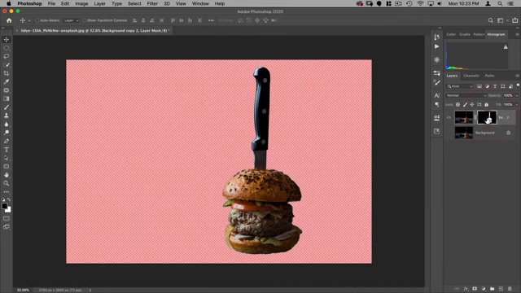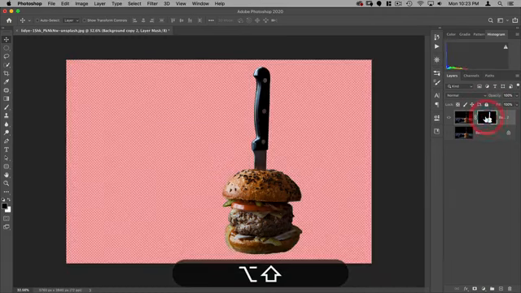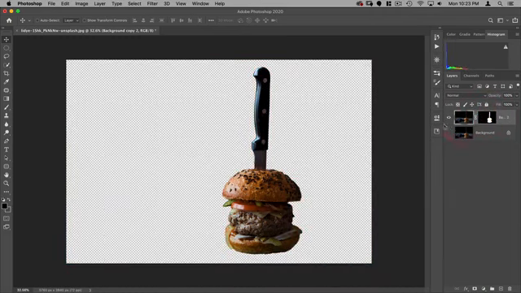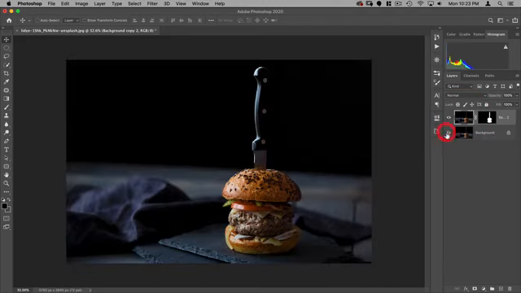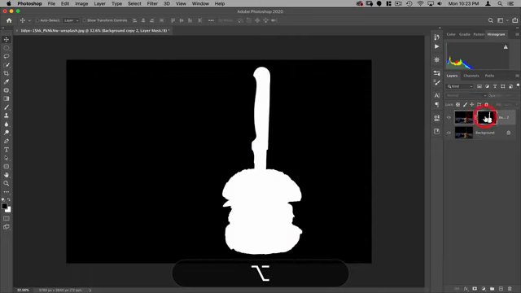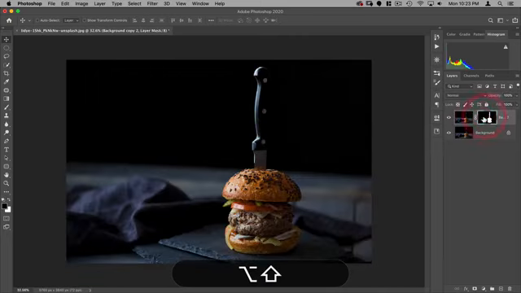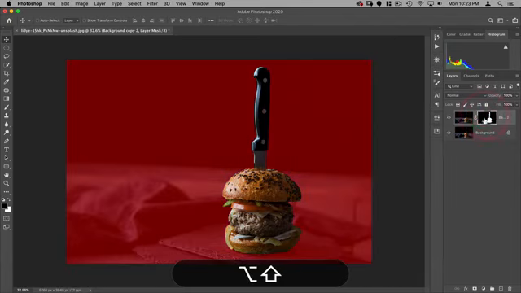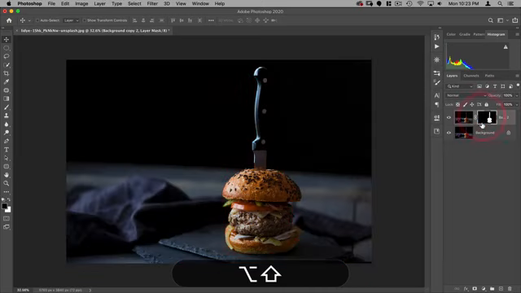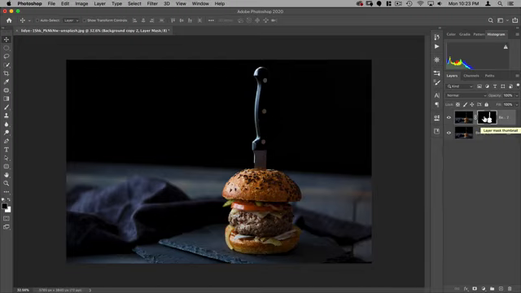And let's go ahead and turn off the viewing. There you go. All right. So if I option click on this mask, I can see it, but if I shift click, I can turn it off. And if I option shift click on it, I can view it as a quick mask or an overlay. So those are some shortcuts to know. On a PC, it's going to be the alternative PC keys, but otherwise the behavior will be the same.